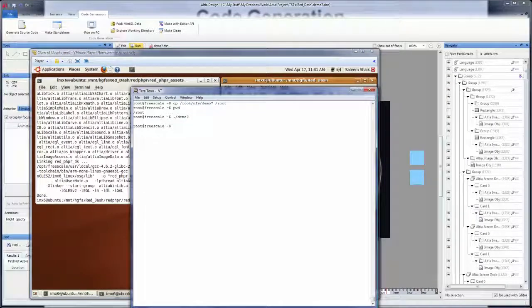Just as before, we're going to copy that demo 7 from the NFS shared directory on my PC to the root folder of the device. Alright, so that worked, and we've got the copy complete. Let's go ahead and, just as before, we're going to run demo 7, but we are going to make sure